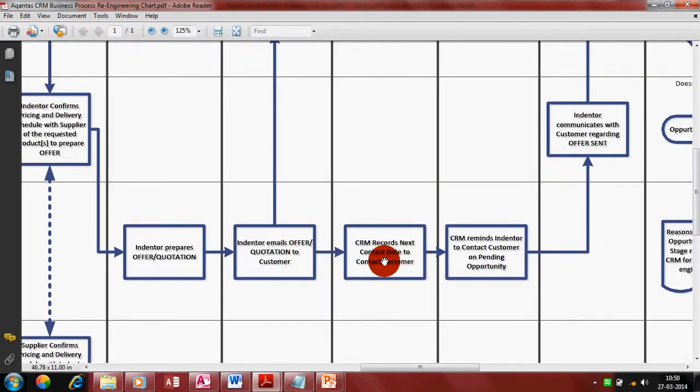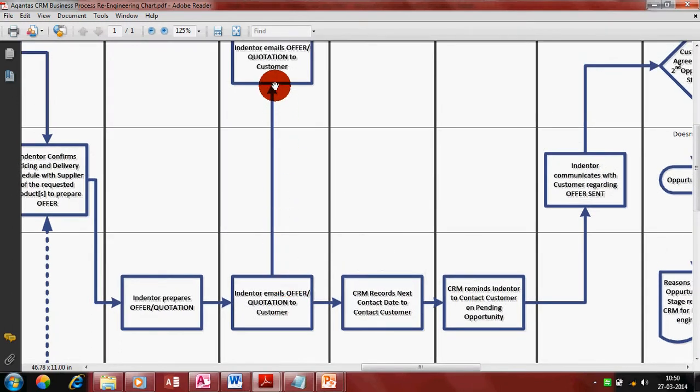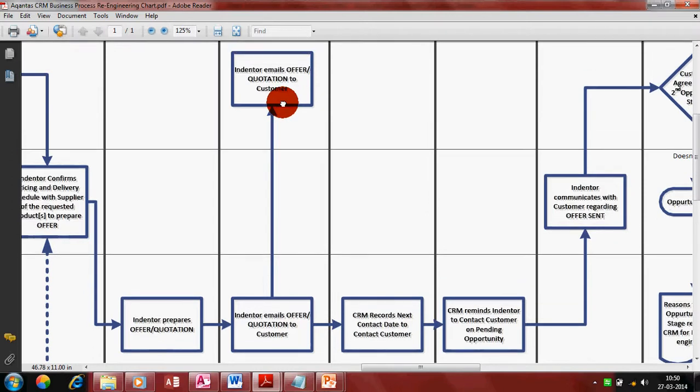Once the offer is sent to the buyer, the CRM records the next contact date to contact this customer, because naturally when the offer reaches the buyer, maybe on the same date he might try to confirm the order, or he might try to negotiate the terms and conditions which you have specified on your offer, or else he is definitely going to take some time.